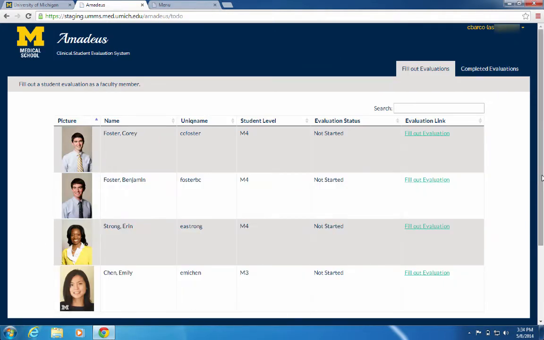When you log in as a faculty member, you will come to the Fill Out Evaluations page. As you can see, the students in this to-do list are the same names as those students listed in the email. This faculty member has 4 students assigned to them to complete an evaluation on. You can see that you have the student picture, name, unique name, level, evaluation status, and a link to start